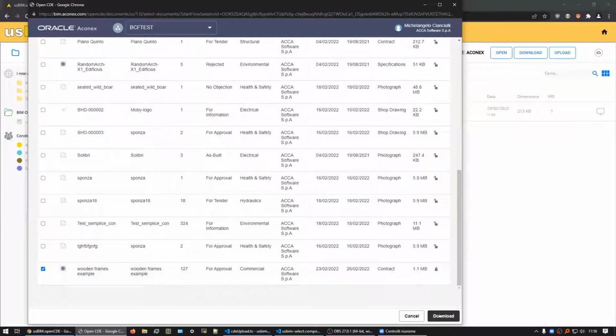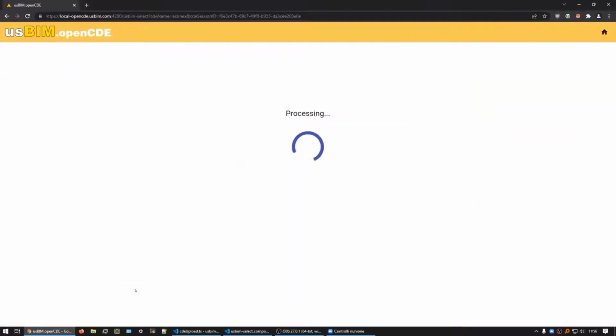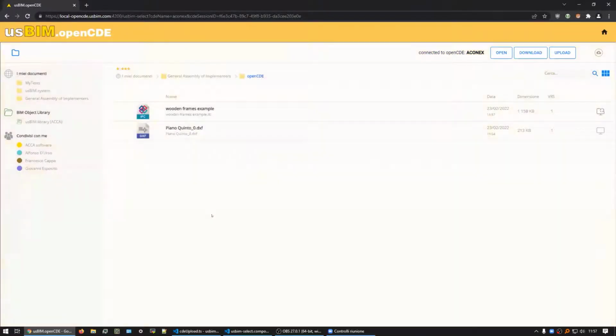We can select, for example, an IFC model that will be downloaded, and this time will be stored on the client side. So meanwhile, while it is processing the download and the elaboration of the model,